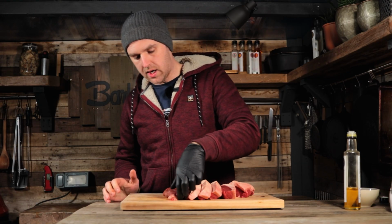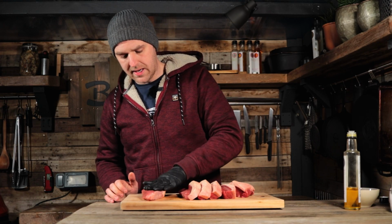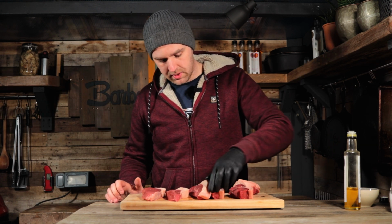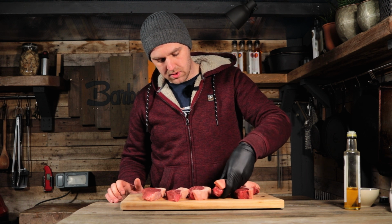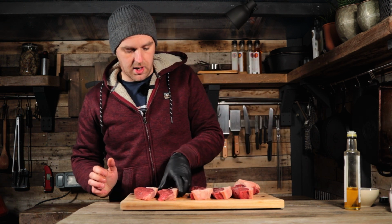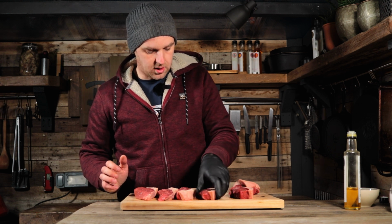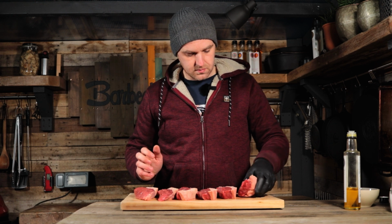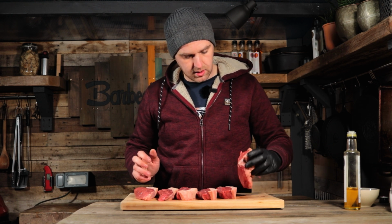So our steaks are cut, they're looking mighty fine. Just know this is going to be good. That fat cap. Interested to see what it goes like compared to whenever it's done as a whole roast. But as with any good picanha, we need to get a bit of salt on there. So this little guy here,